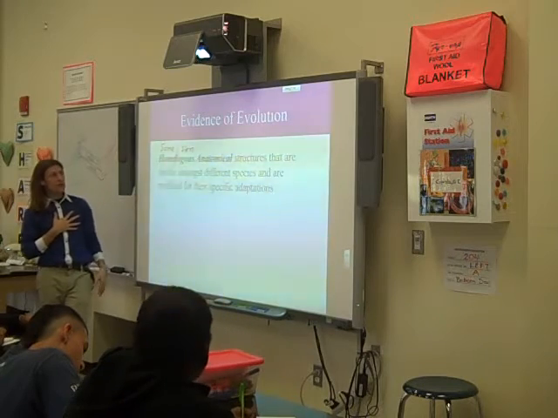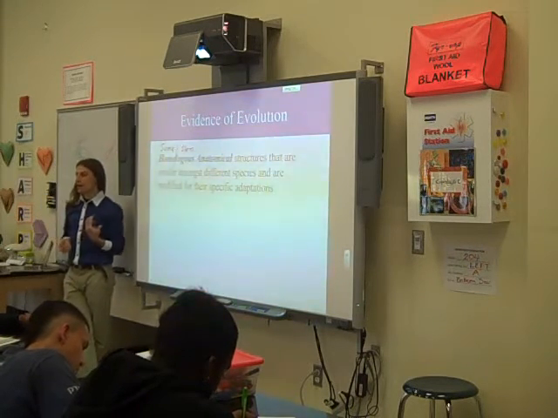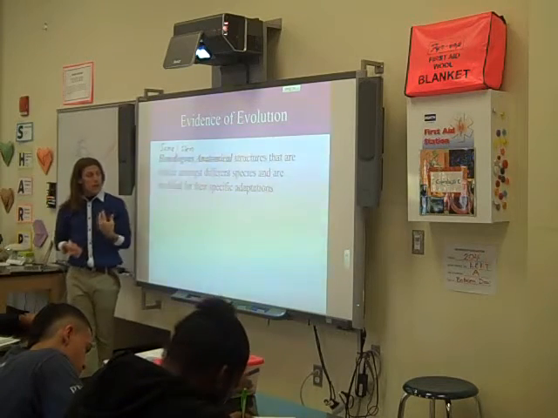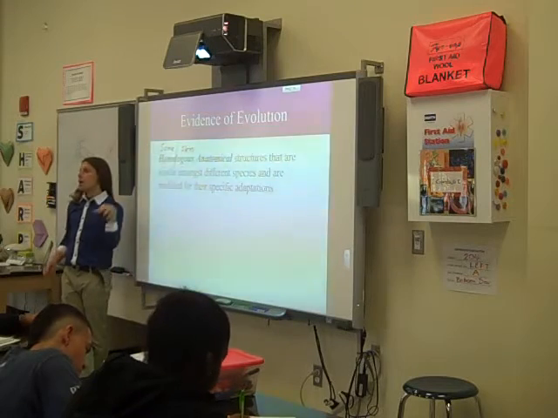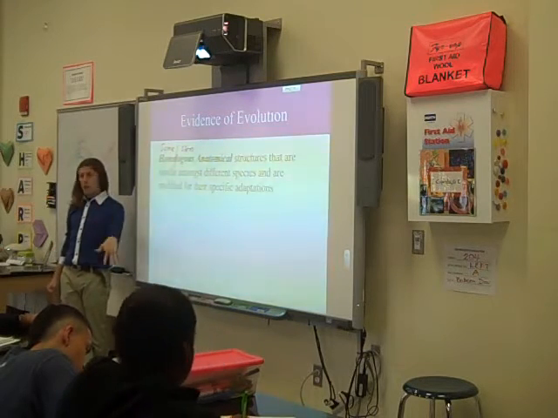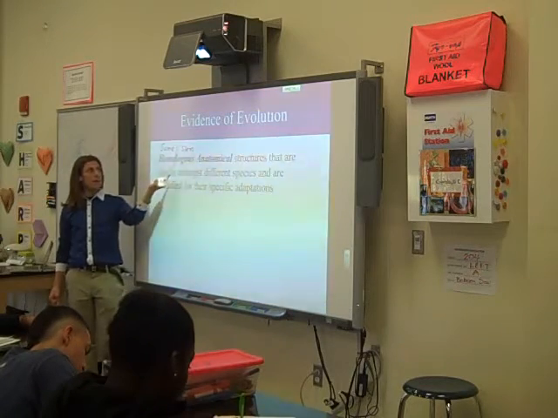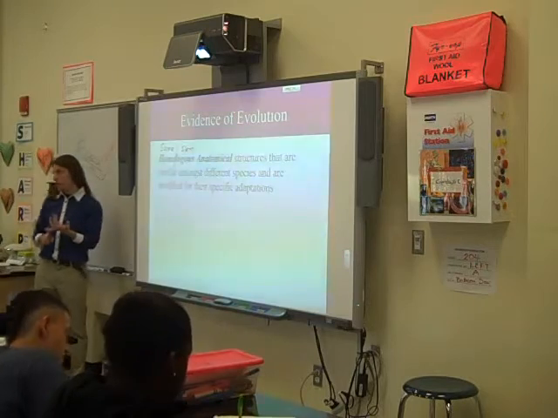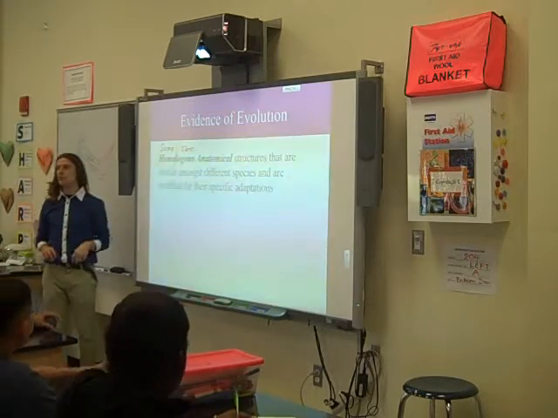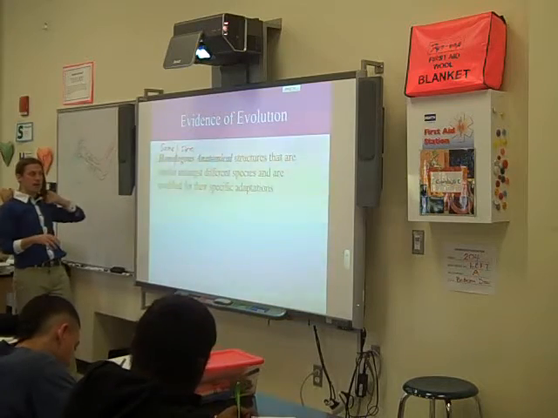And these structures are similar amongst different species, but are modified depending on their specific lifestyles. So we just saw good examples of homologous anatomy on the last slide, where you had your bird wing, your bat wing, and your pterodactyl wing. They had some commonalities, but they had some differences in their structure based on their ancestors and based on how they use those things. And we'll talk more about the differences of how birds and bats use their wings later on today.